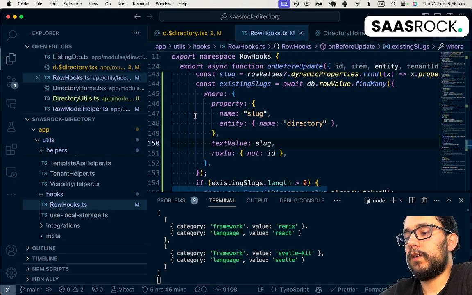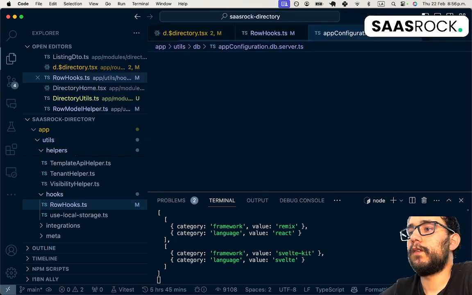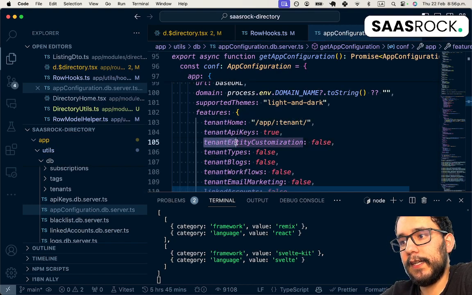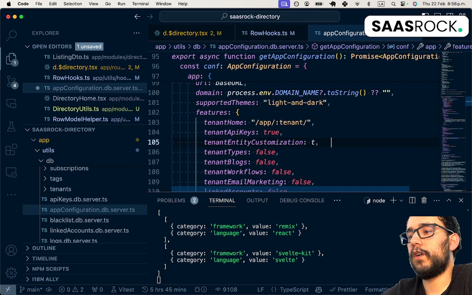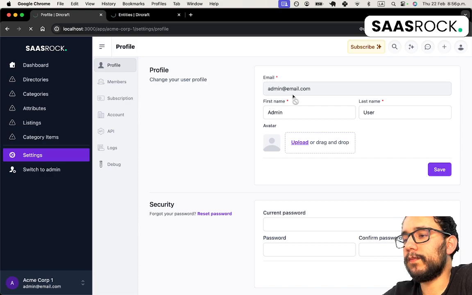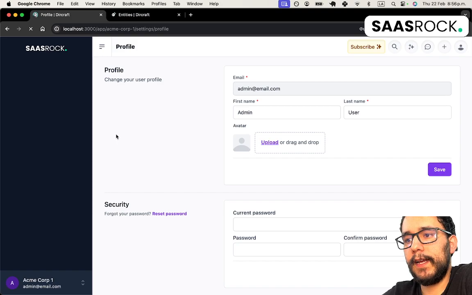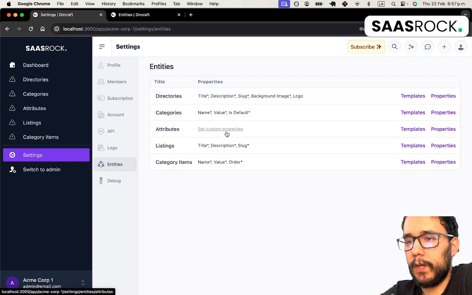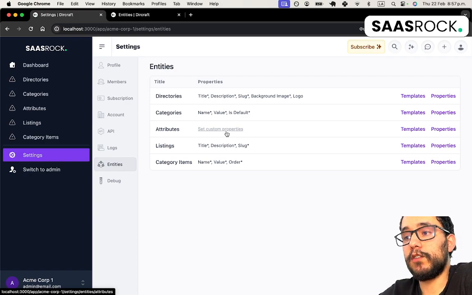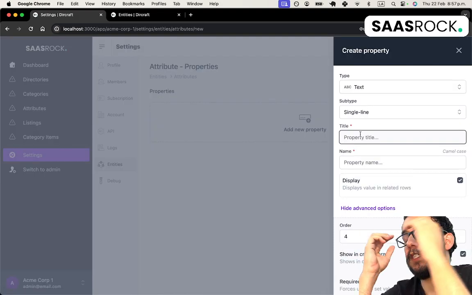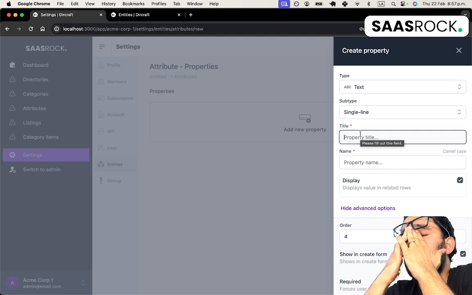You need to enable on your app configuration manually and enable this flag, tenant entity customization for tenants. I'm gonna set it to true, and we should have an entities item here. Okay, so as a tenant, I can create my custom attribute properties,